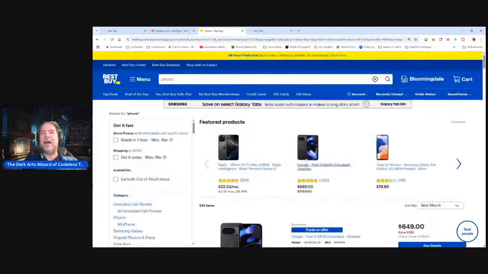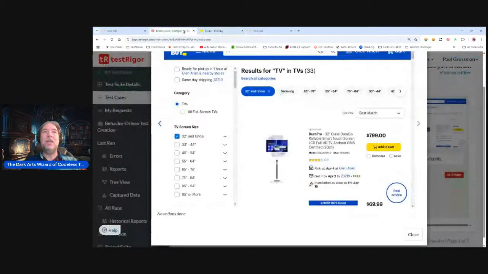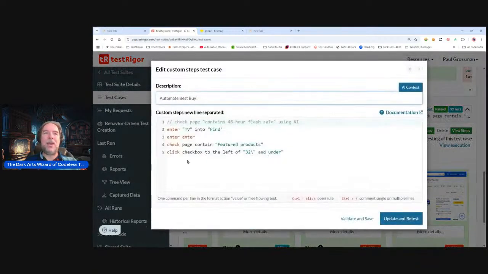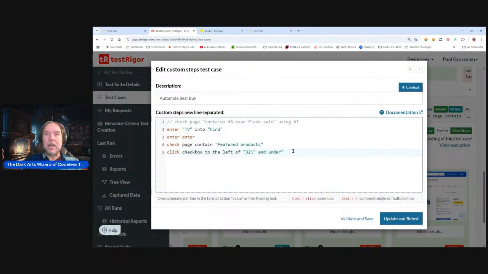Really? Oh, it's not. It's Washington, D.C. where it's actually searching, but I'm actually located in Chicago, so it's not going to give me the exact same items. So what I'm going to do is read it right off of here. Rollable Smart Touch Screen. So I'm going to do a quick edit over here and say check